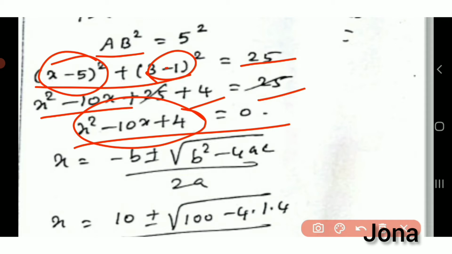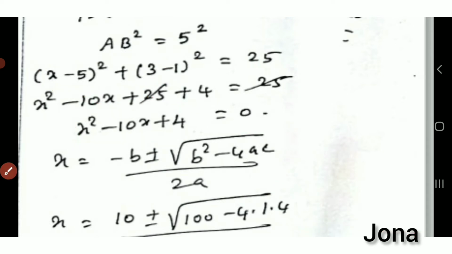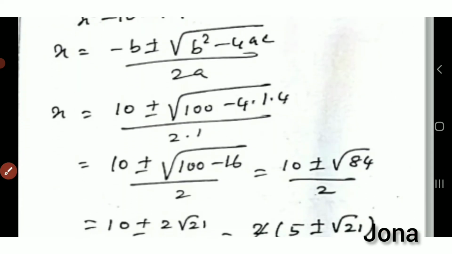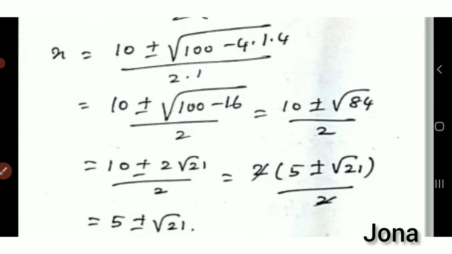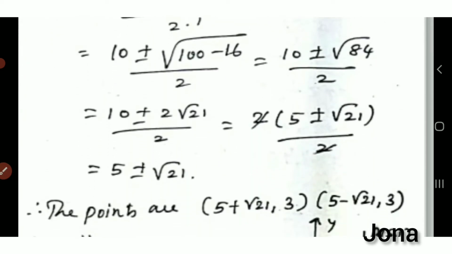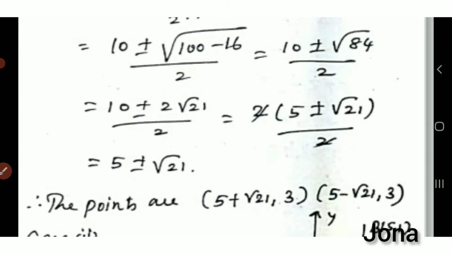So, we can use the formula x equal to minus b plus or minus root of b square minus 4ac divided by 2a. So, here substitute all the values. Here b is 10 and 10 square is 100, and 4 into a is 1 and c is 4, whole divided by 2 into 1, that is 2a. So here we can simplify this, so that we have 10 plus or minus root of 100 minus 16 by 2, which is nothing but 10 plus or minus root 84 by 2.